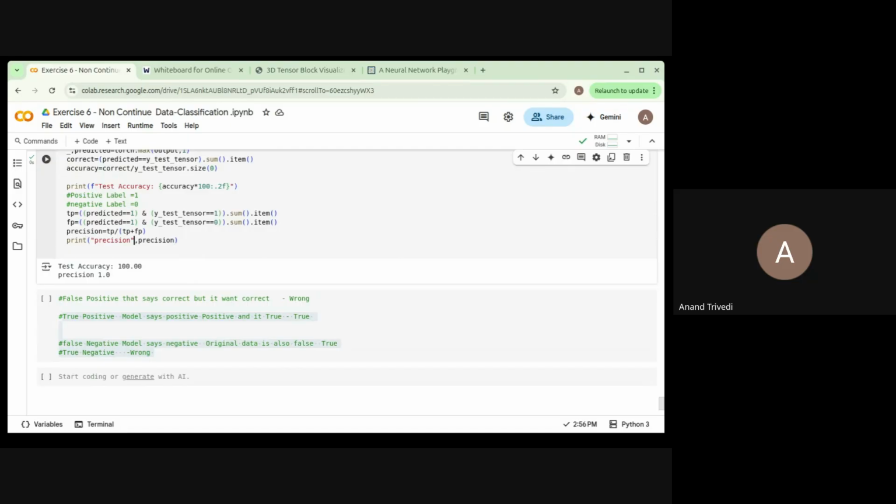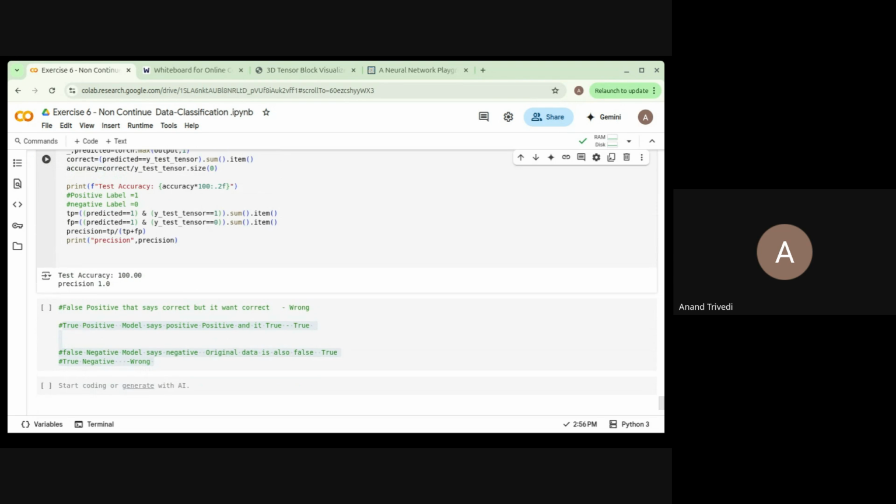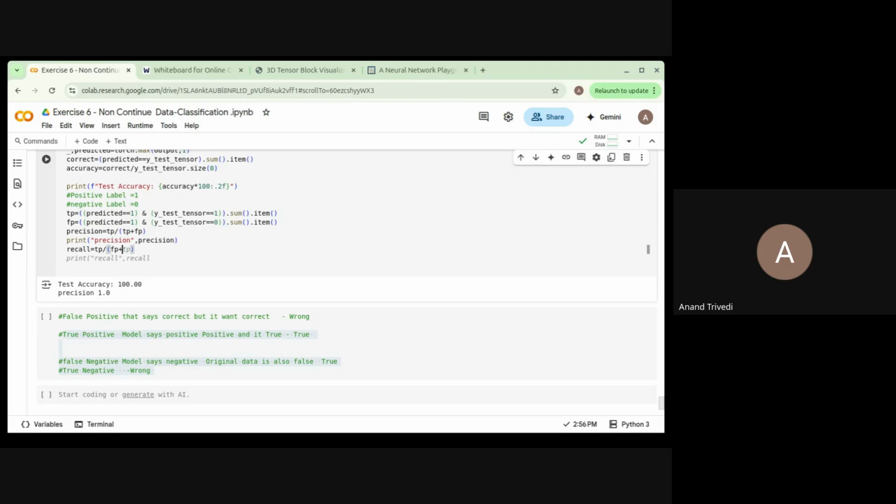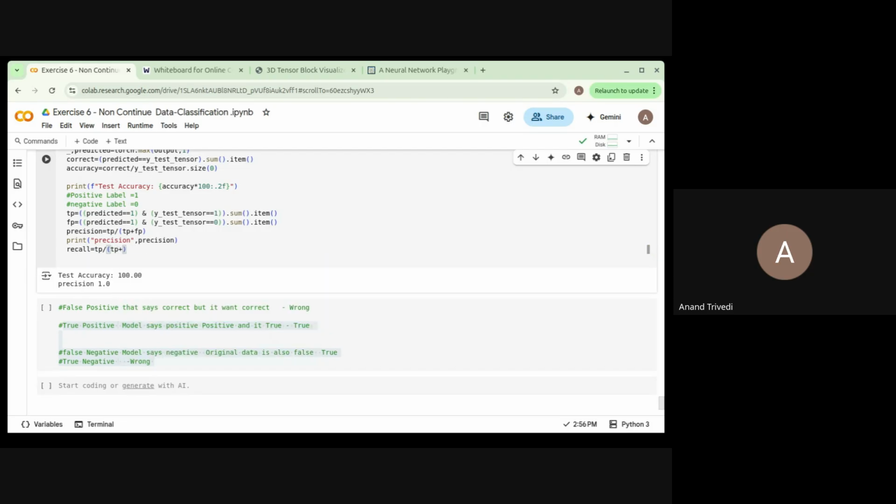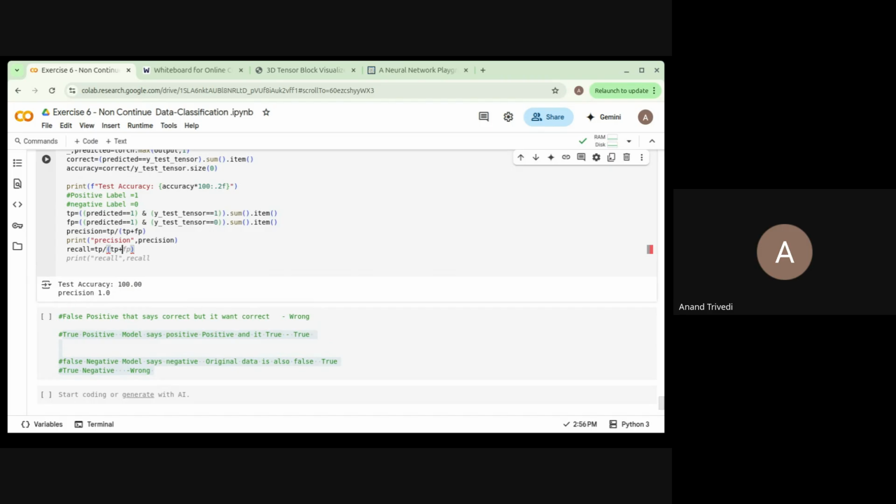And then basically in precision itself, next is recall. So recall becomes again true positive. Recall is equal to true positive divided by false positive plus true positive. Sorry, false positive plus false negative. It should be true positive plus what? It should be true positive and false